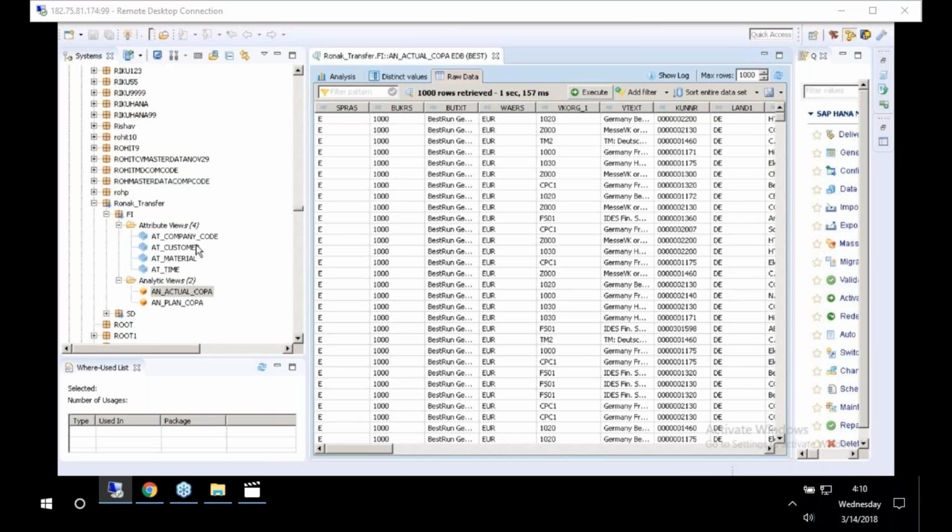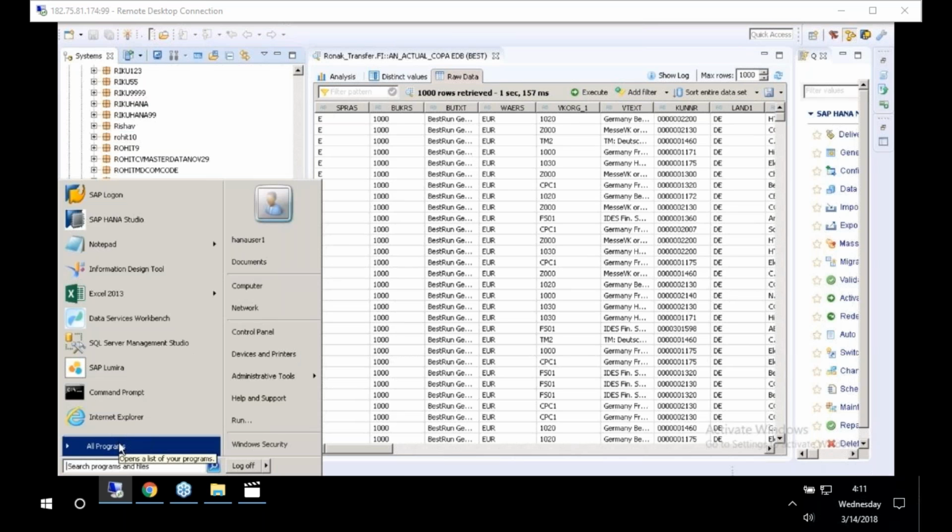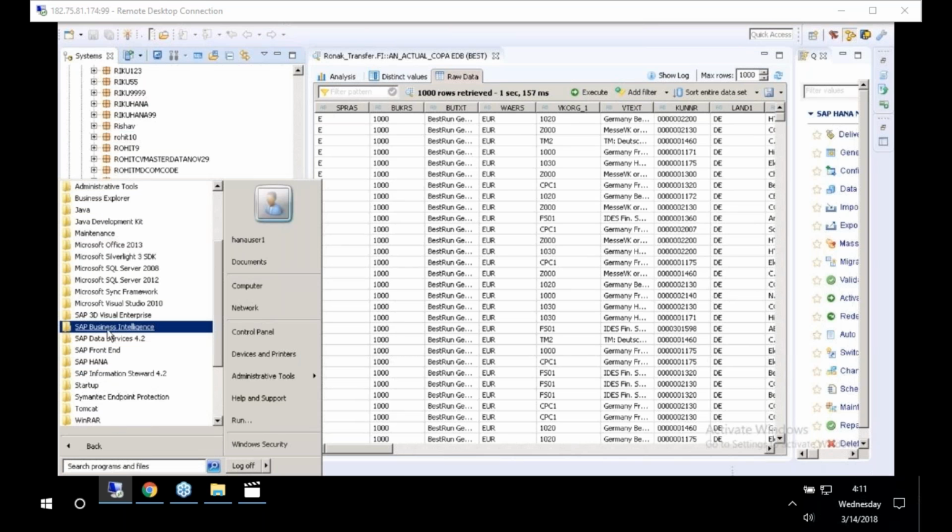How can you create an OLAP connection? What is the meaning of OLAP? The meaning of OLAP is online analytical processing, OLAP. Now, in order to create the connection, click Start, click All Programs, click on Business Intelligence,